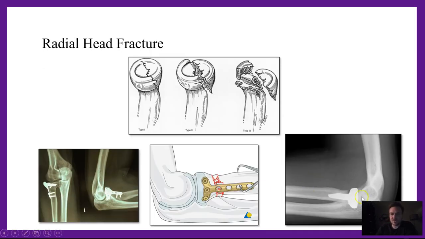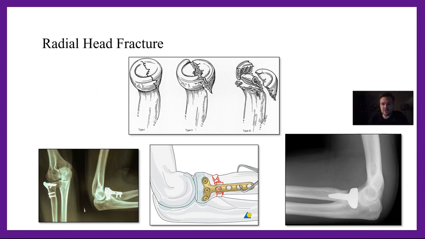Could have a radial head fracture, and a radial head fracture has three types. One, a closed fracture. Two, displaced fracture. Three, a comminuted fracture. And so if it's not bad, right? And this is also an intra-articular fracture as well, meaning it goes into the joint space, whereas